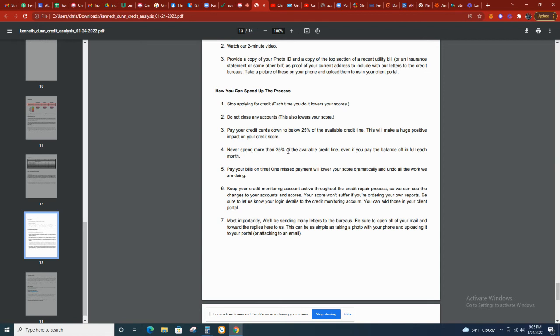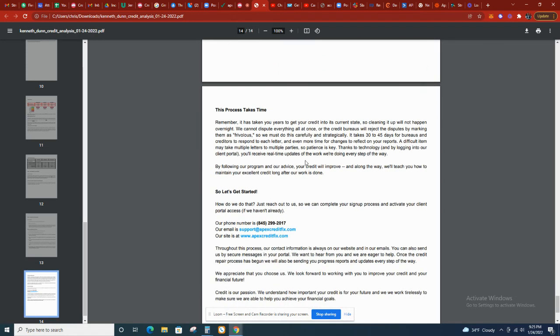Never spend more than 25% of your available credit. You're basically coaching them on what they should be doing moving forward. You currently have bad credit. Here are the things that you're going to start to do to plan for a better credit future, so to speak, right? Once you're done with this complete audit,